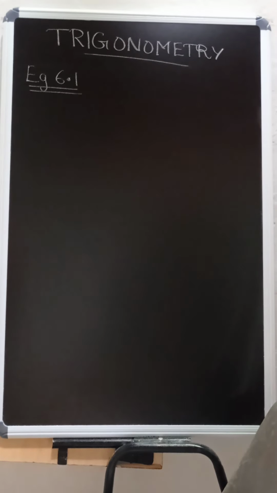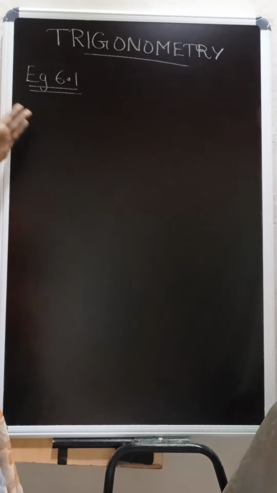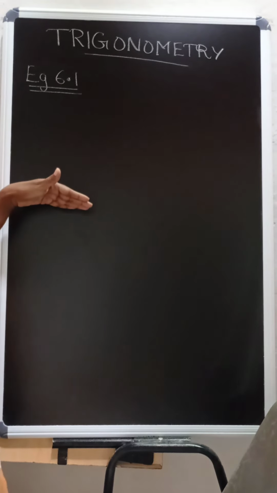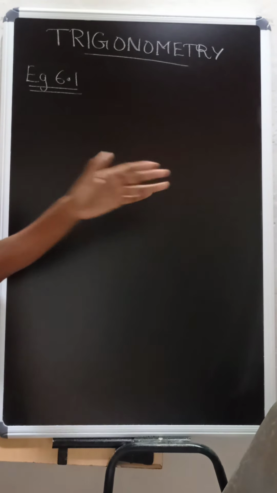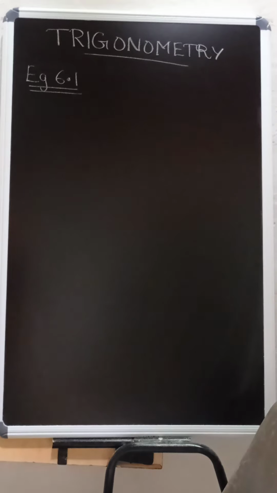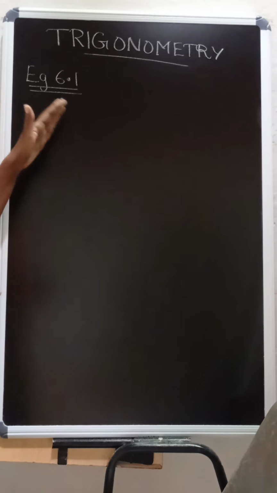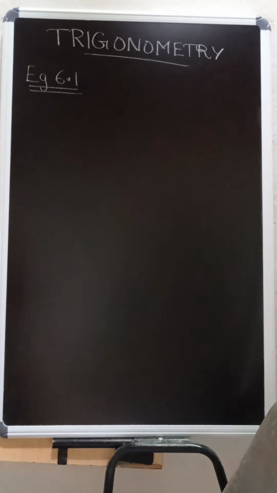We will start with example number 6.1. But before going on into the questions, I want to tell you one thing: the first step you take and how you proceed with your question is going to bring you the answer. There are several identities and several formulas here. So be particular about which identity or formula you take for that particular sum, so that you reach the right hand side, RHS, answer.